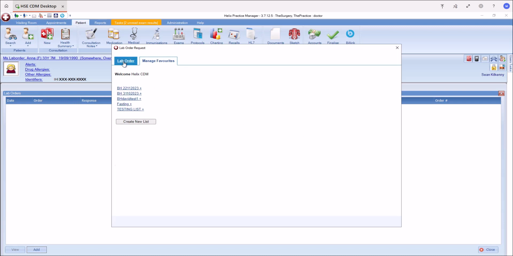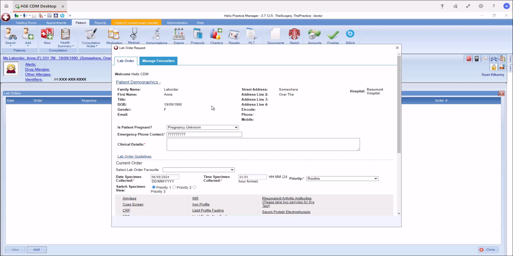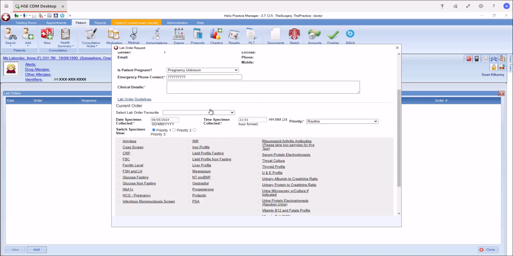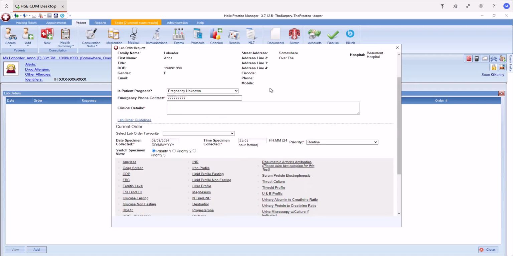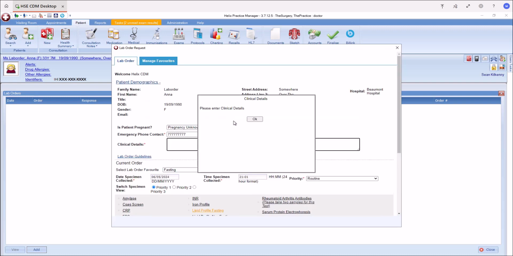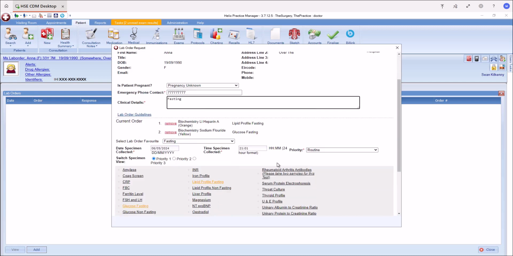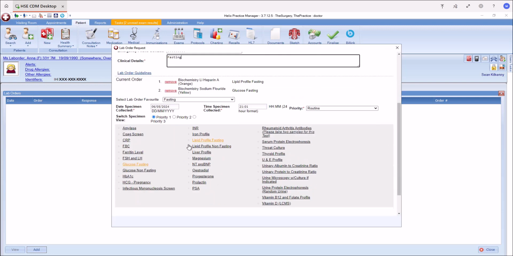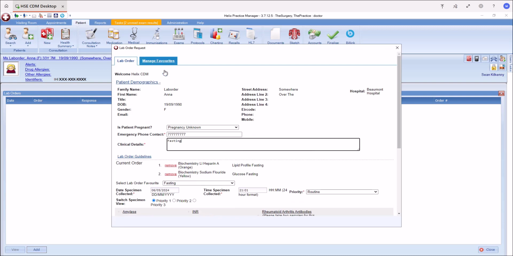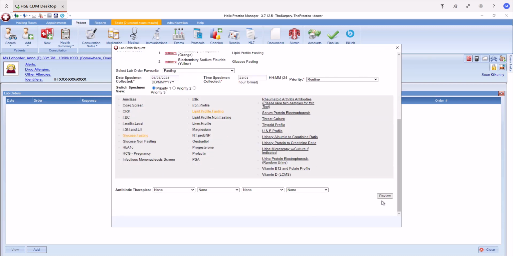So if we wanted to use that, we have none selected at the minute, but if we just go select lab order favorite here, and we select the one that we've just created called fasting, and we haven't put this in yet, so that needs to go in each time. As you can see, it popped in the two fasting here, so we didn't have to select them individually from the list. So you can build as many favorites as you like in that manage favorites tab at the top. So I've just used that, and if we go to review,